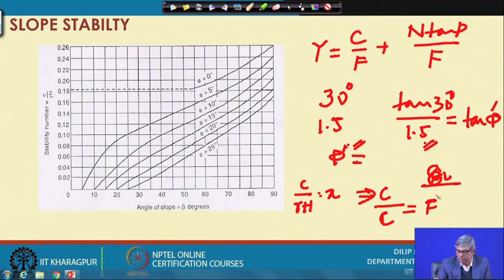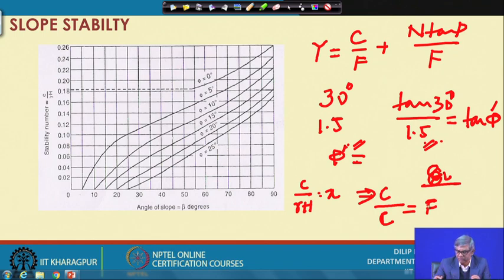Based on your first assumption, it may not match. In that case, if it is not equal, I can change this factor of safety to another value and repeat this process, and get another factor. Then I again compare and see how close it is. If they are diverging, then I make the change in the other direction, so that finally the assumed phi factor of safety and the finally obtained factor of safety for C are the same, and based on that I can say that is the